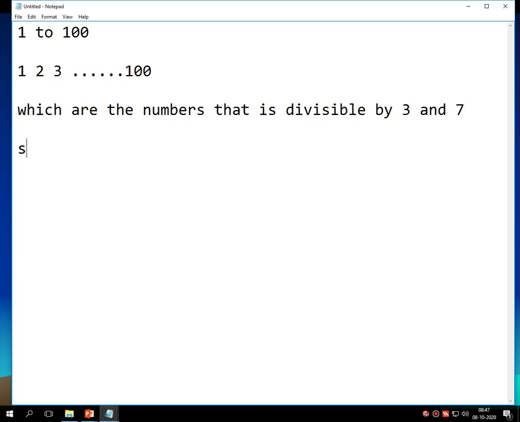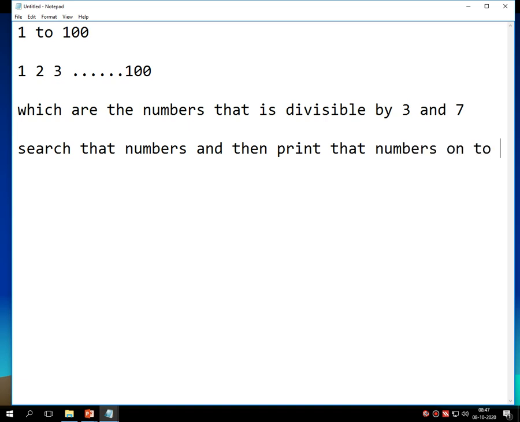We have to search for those particular numbers and then print those numbers onto the screen.